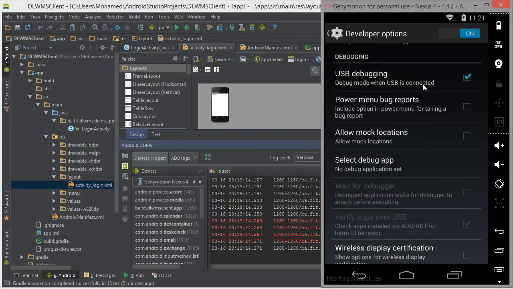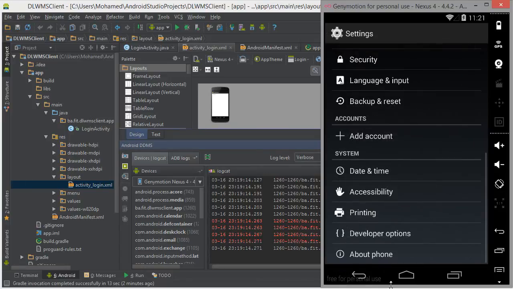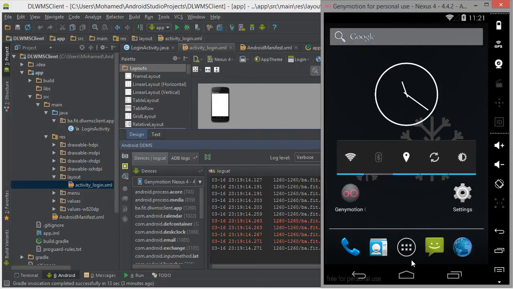And give it a minute as well. Now I think it's a little bit slow because of the recording and everything, but here you go. I enable USB debugging. Now you have to enable that if you'd like to debug through USB, so it's very, very important. Hit back,